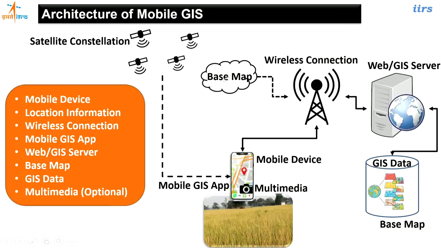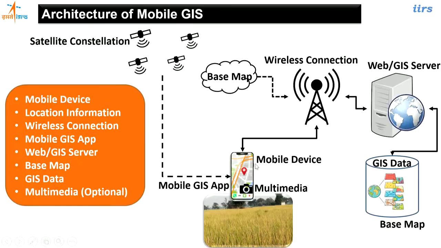Sometimes our task is very secured, and we don't want to share it with the general public. So then we can set up our own servers also. Once the server is set up, at least wireless connectivity is required in that case. So a private connection can be made to this GIS server using wireless connectivity in the mobile application. So I can have a dedicated GIS solution, or the mobile GIS application built into my mobile phone, which will be available to the people of my own work area. Only those whom I want to share those data sets with will get this application.